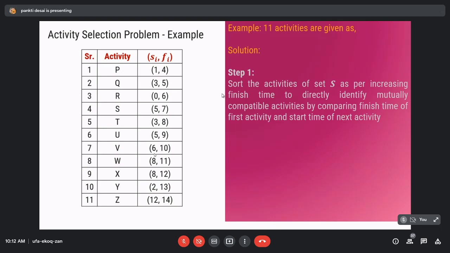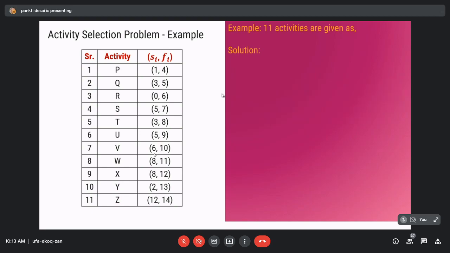So we sort by finishing time into increasing order, and after sorting we have f1 <= f2 <= f3 <= f4 up to fn. This is the first step.